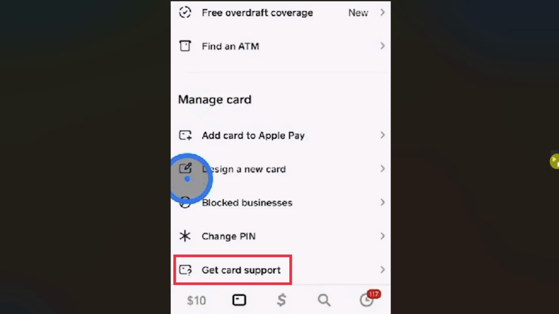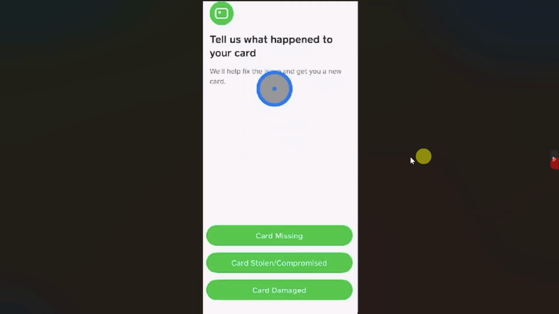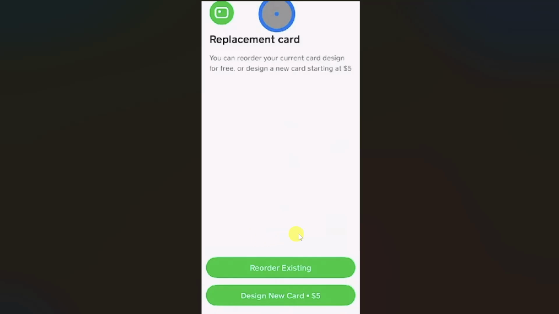So just click on it and then you need to click on this Report Card Issue and you can choose any of these reasons from here: card missing, card stolen, or card damaged. So just click any of these. I'm going to click on this first option and then you can simply reorder the new card